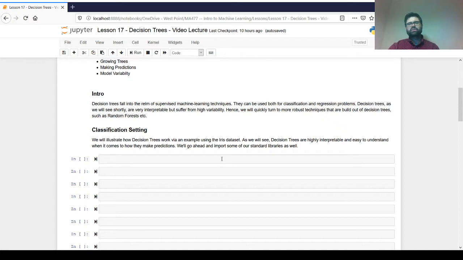So what we're going to do is use the iris data set to illustrate decision trees in the classification setting. If I keep saying regression trees all the time, just know that I actually mean decision trees, because I think I inadvertently keep saying that. Okay, so let's go ahead and